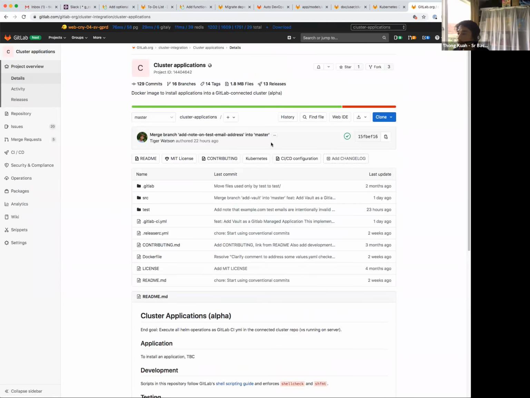Okay, cool. So Helmfile is basically a project that shells out to Helm to install all the different Helm applications declaratively. So a Helmfile looks a bit like this. So just a bunch of YAML where you can put values to your Helmfile, which is nice, and can control that. So the whole purpose of this cluster applications project is to enable you to